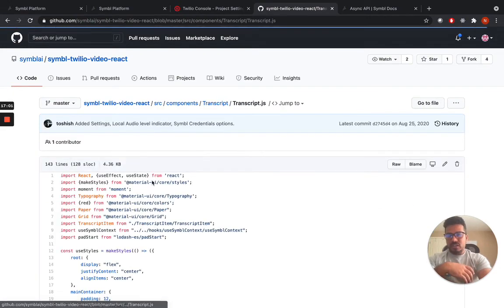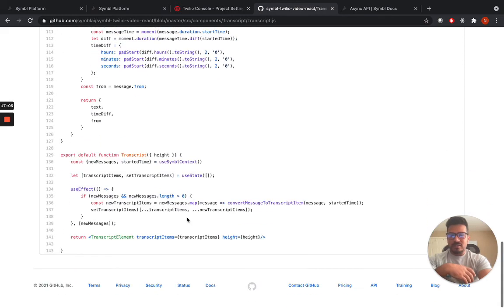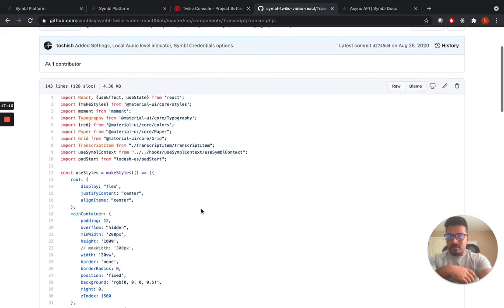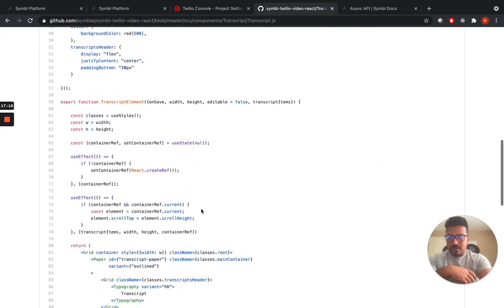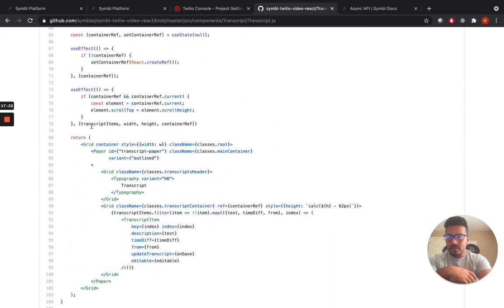If you go to transcript.js, you will see this file fetching transcript item here. As you can see, it's just creating the new transcript items. It is using the useState hook. If I can show you that here, where it is.